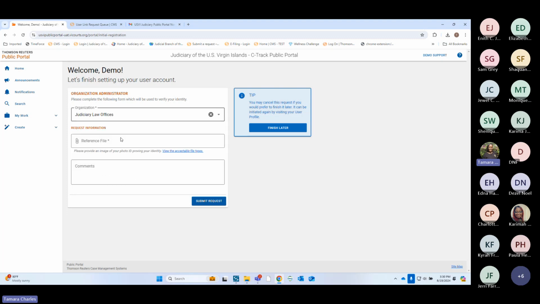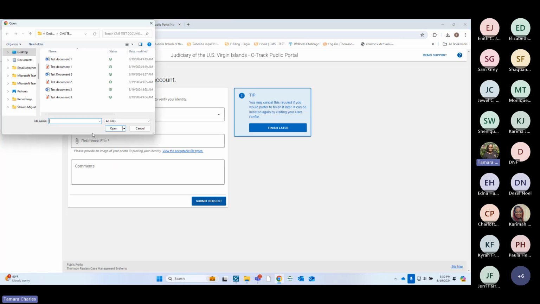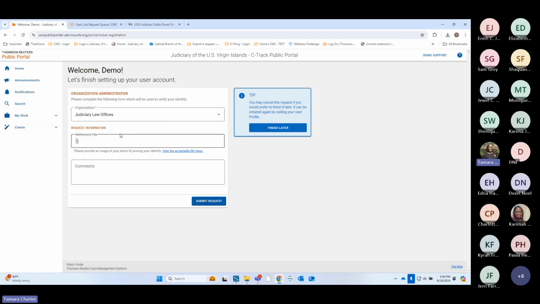So we created this firm. It's a test firm. This portion is going to ask you to provide a Word or a document. For the purpose of test, if you can just create a test document to input here and put it in as whatever, a test document. You don't have to put something real.